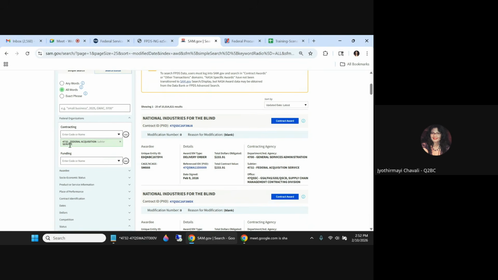So I have limited my search to one federal organization, which is 4732 Federal Acquisition Service. And I was able to get these many records. And I wanted to walk you through the sort options that we have provided. So like I mentioned, we performed usability analysis on the FPDS easy search sort options. And we have come up with the most popular sort by options. So the defaulted option will be the updated date latest. And then we are offering the oldest updated date, the date signed latest and oldest, total dollars obligated highest and